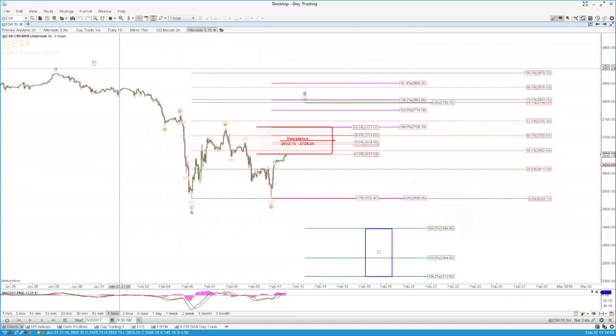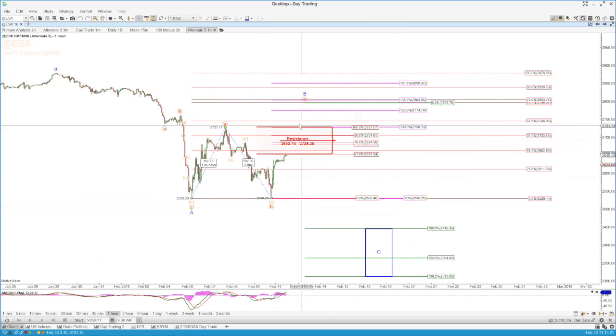And if I come across and look at the hourly chart, this again is that equivalent resistance zone. So between 2652 ES, which is right where we are as of the time I'm recording this video this morning, up to 2727 in the ES. And at 2727, then with this A wave here and the C wave that we'd be in of a B, would have equality. It would again leave a dilemma in the actual count, but I think if we take out Friday afternoon's low and come down to this region here, then we can definitely count the 4 at minor degree as complete and be looking to the upside in the US indices from here on.